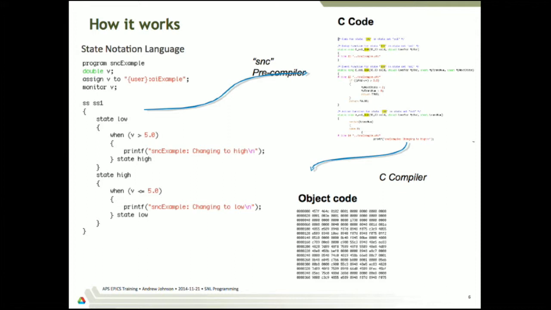There are two stages to this, and they both occur, in the case of our IOC example, where there's a sequence program in the example, as long as you tell it where to find the sequencer, when you build the IOC. It does both steps of that compilation at the same time as it builds the IOC. In that case, it builds two copies of the final output: one which it includes in the IOC binary, and one which can be a separate standalone program. But it all happens when you type make